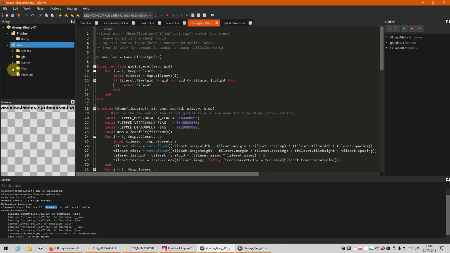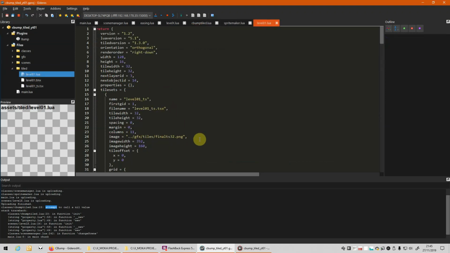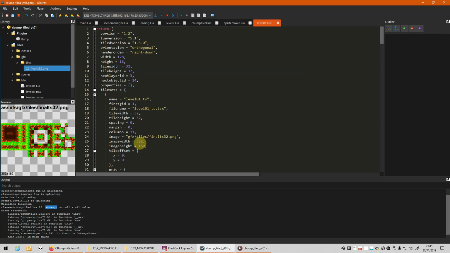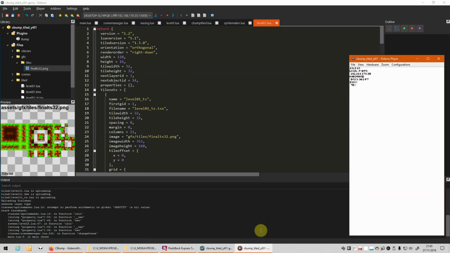So we have the tiled folder created, and we need to modify this path because the path is pointing to GFX tiles finals dot, so this is fine, but you need to delete this bit here. Okay, so now we are ready to run the game again.